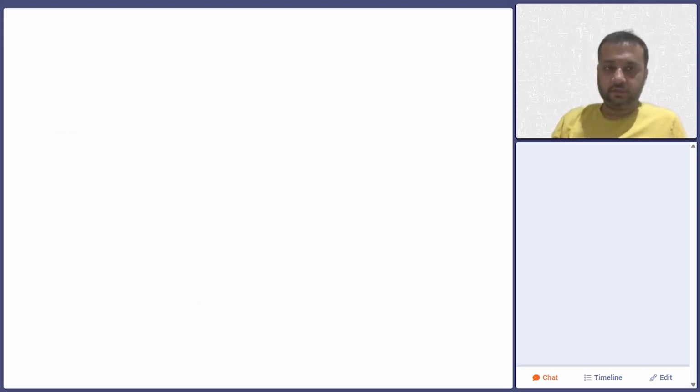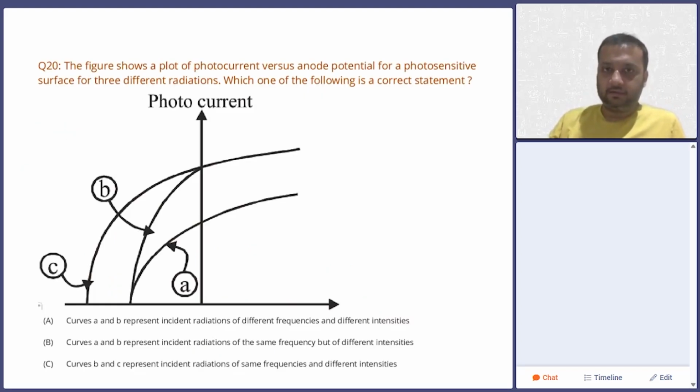Let's see question number 20. Here we have this graph between photocurrent and, I guess, the anode potential. We have to choose the correct statement. Now, if you try to recall, using Einstein's photoelectric equation, we can write hf equals